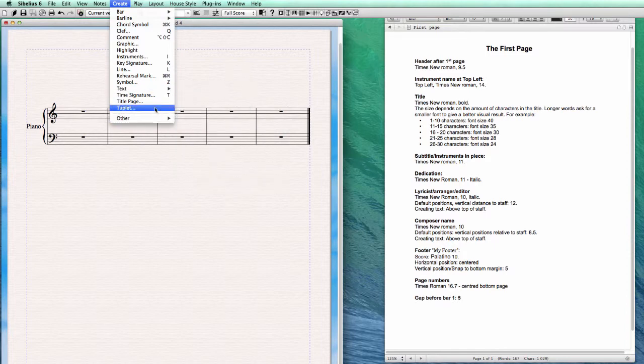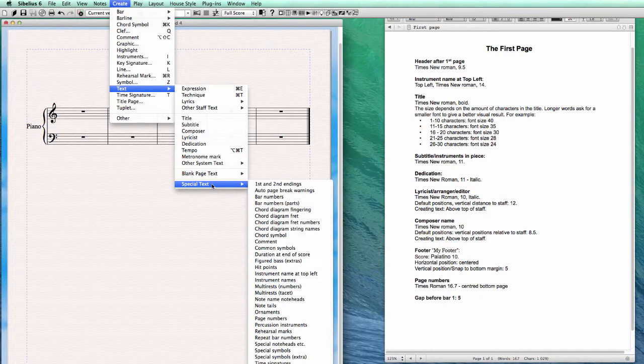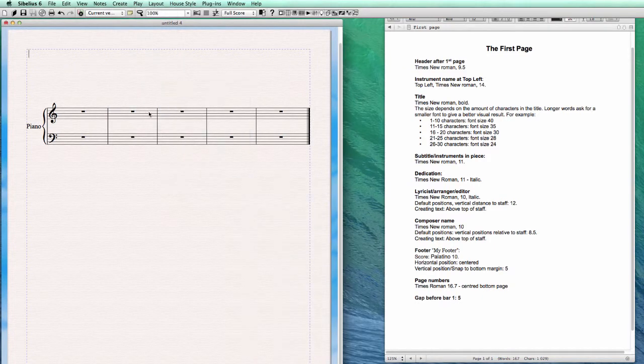Yes, we go to text, we go to special text, and then instrument name at the top left. We click there. And because this is imaginary a string quartet score, we're going to call it full score. Full score, all in capital letters and with a little space in between. So in case this would be a part extracted, for example, from a full score, we would